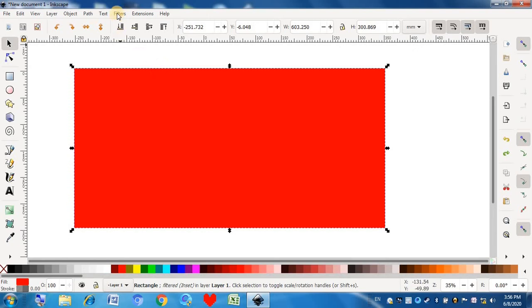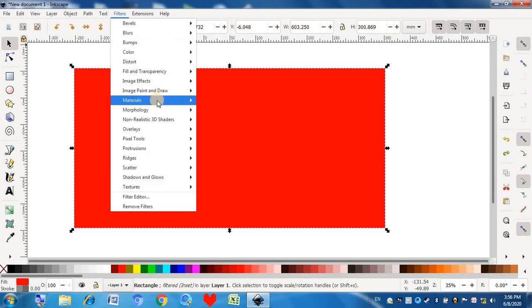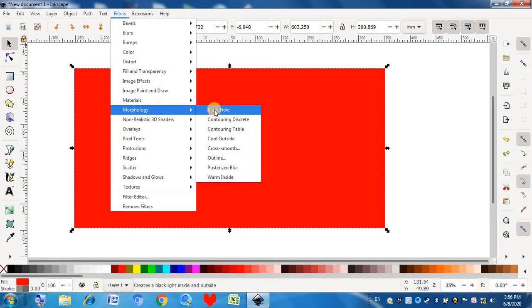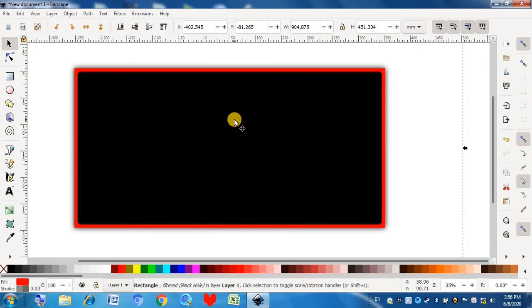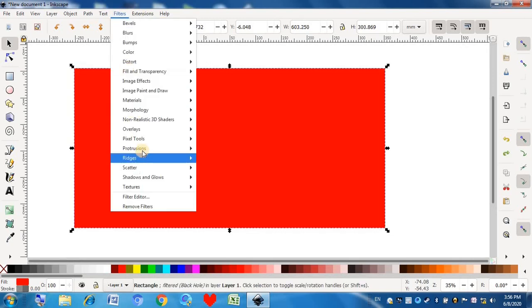The last thing, morphology. So that's going to be the great thing. Therefore, first, black hole. Black hole means it would be black inside with a little bit of red. So that's pretty good. Actually, I don't love it like that.